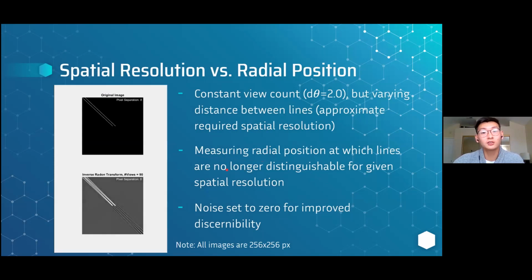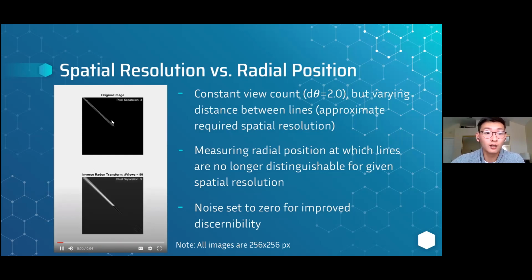Okay, so now how can we generate an actual function that describes spatial resolution versus radial position? The approach that we took here was to generate two diagonal lines, and we were increasing the pixel separation that occurs between these two lines. Going off of the definition of spatial resolution, if after we take the inverse radon transform of this image we're still able to resolve that there's two distinct lines, then that means that the spatial resolution at that point is greater than or equal to